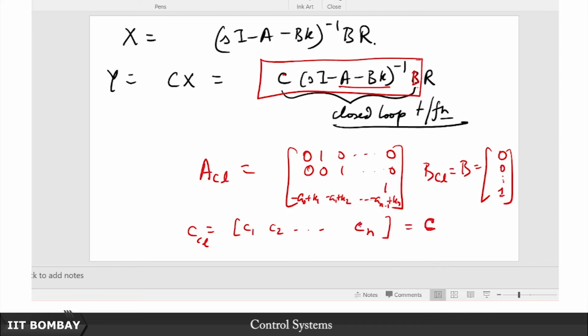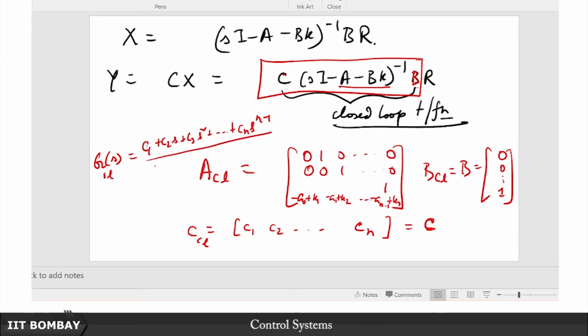If you study the phase variable canonical form, you will see that the open loop transfer function would have been something like, if I am not mistaken, C1 plus C2 s plus C3 s squared plus dot dot dot till Cn s to the power n minus 1,